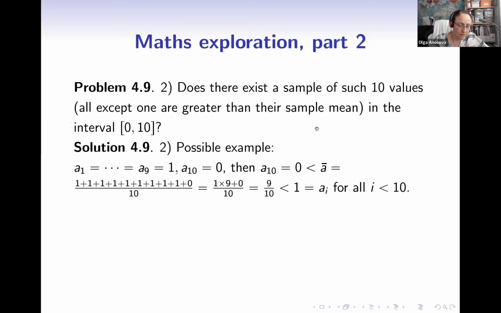Which means, again, that that's another possible solution. And does it give the answer to the mathematical impossibility problem? What do you think? So we've demonstrated that it is possible to have all numbers greater than the mean except for 1. It is possible to have 90% larger than the mean if 10% spoils everything. Which means that the answer should be that it's mathematically possible, right?